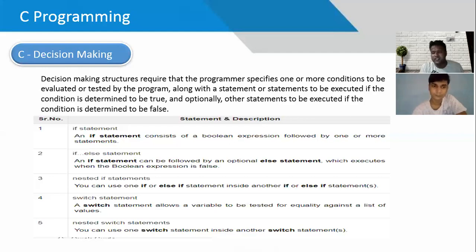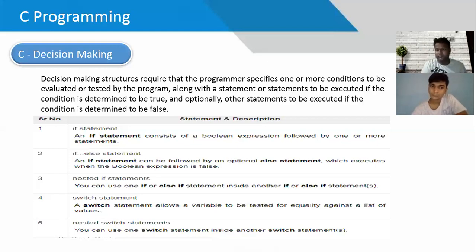The if else is used if you want to show an alternative option; the else block is used. A nested if is an if statement inside another if statement. For a switch statement, you take a sample value from a user and check it against multiple case options to see whether it matches a particular case.